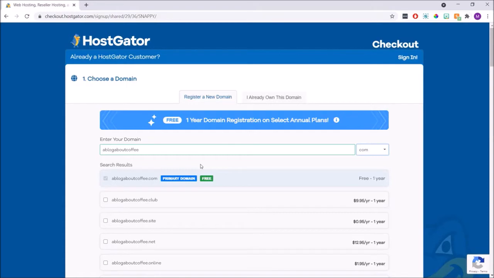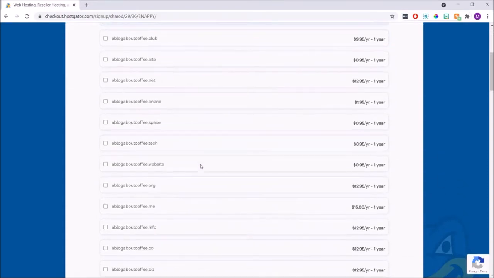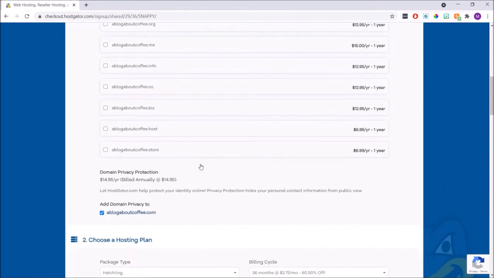Then once we've chosen our domain name and we know it's available, we just need to scroll down to where it says Domain Privacy Protection. Now this is a totally optional add-on and I normally just uncheck this box myself. But if you want to keep your WordPress site totally anonymous, just leave the box checked and it'll be added